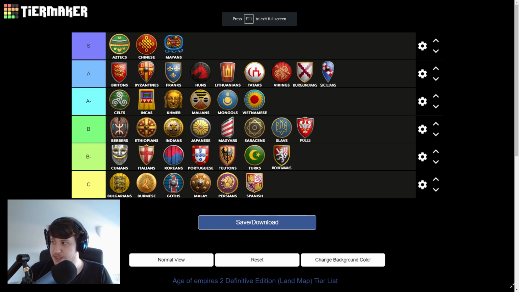Just a good all-around civilization. Now, jumping up to the A tier, we have both of the Lords of the West civilizations. We start with Burgundians, and they have a very, very good eco, it turns out. Getting those eco upgrades at half food price and an age earlier is really, really strong if you can hold